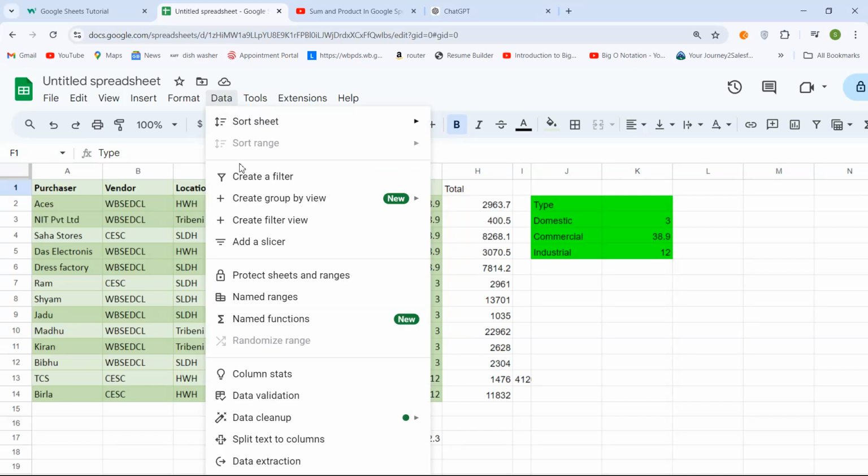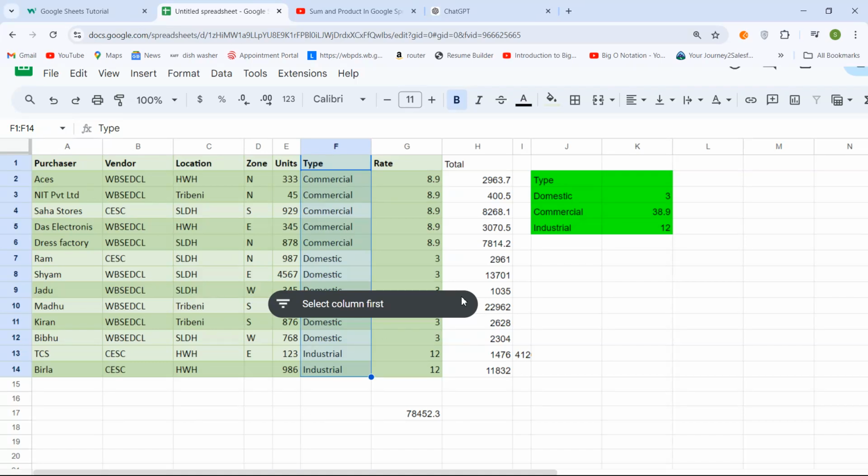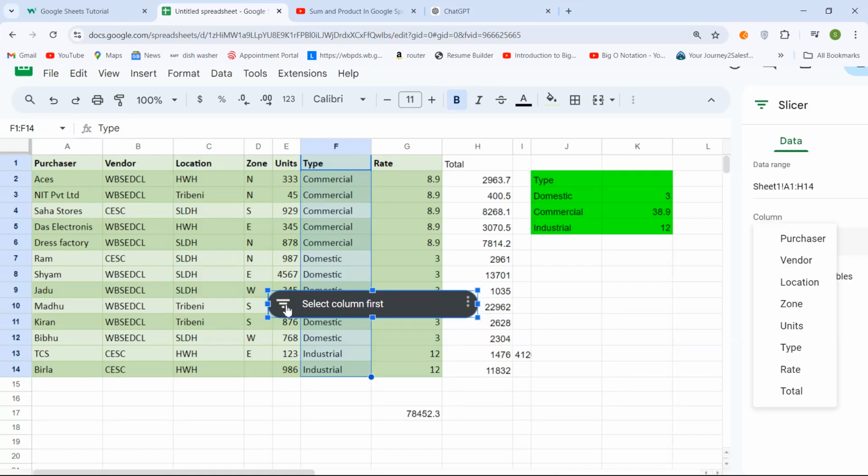So from the Data tab, click on Add a slicer, and it will ask you to select a column first. So we'll be selecting these column labels. After that, click on these three dots and let's see how to add the slicer. Whenever I click on this right hand arrow, this inverted pyramid type of thing, I get the option of which column I want to insert the slicer on. So suppose I want to insert a slicer on